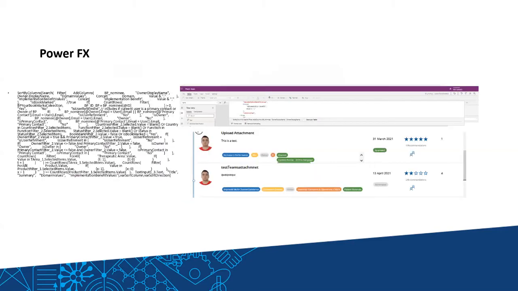Here is an example of the gallery control from Power Fx and Power Platform. It's real code from a real business application, and this is how it looks. In the left part of the screen, you can see it if you just export this as text. On the top, it's how it looks with formatting, and nearby is the result view. It's the gallery control, where it's possible to search, sort, filter using refiners, and so on.